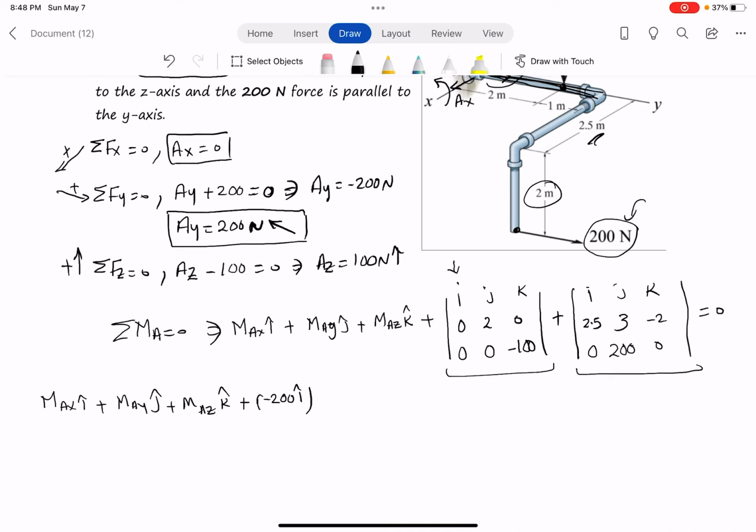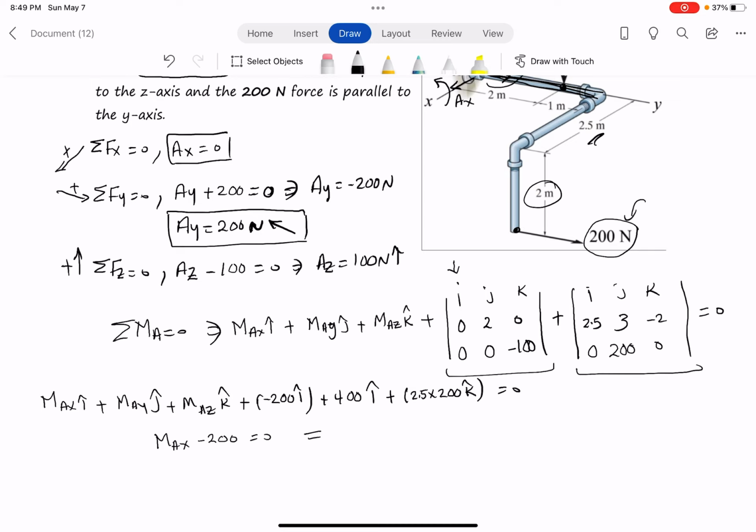Let's do the I. 3 times 0, 0, minus, minus. So it is plus 400 I. Let's look at the J. 2.5 times 0 minus 2 times 0. Let's do the K. So the K, it is 2.5 times 200 K, and that's the whole thing is equal to 0. So now we sum up all the I's. MAX minus 200